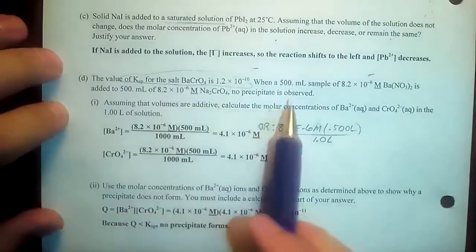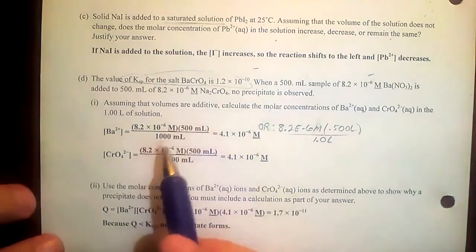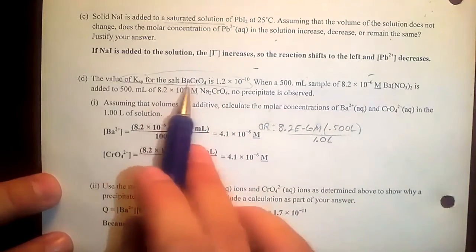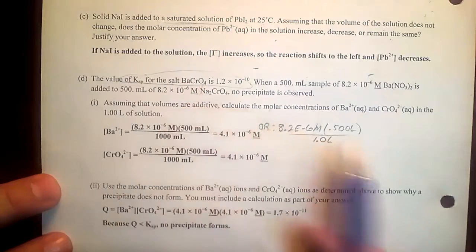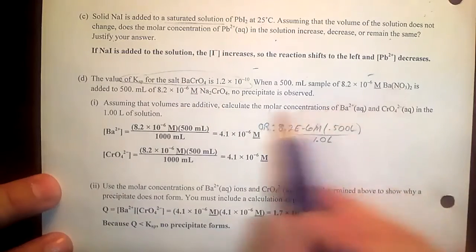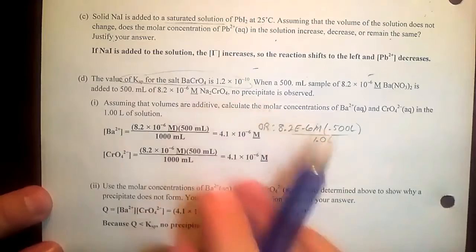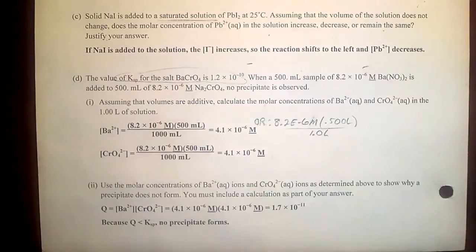For D, they have molarities and volumes of certain salts and so forth. But what we're going to talk about is the possibility of forming barium chromate. Now, that's a supersoluble on the nitrate, and that's a supersoluble on the sodium, so the possibility of forming that solid is just at 0,